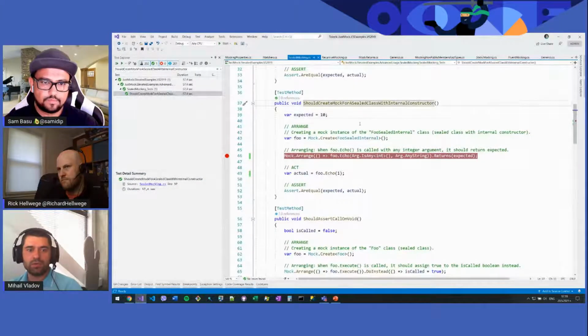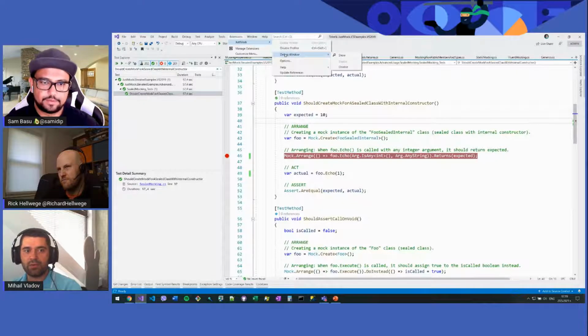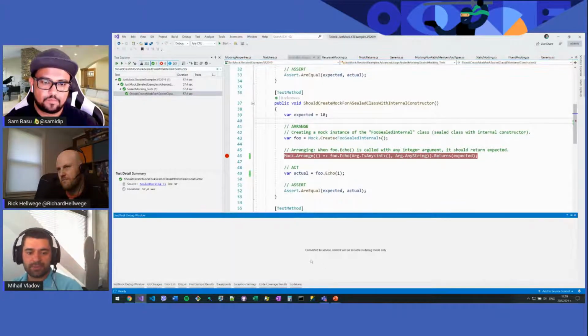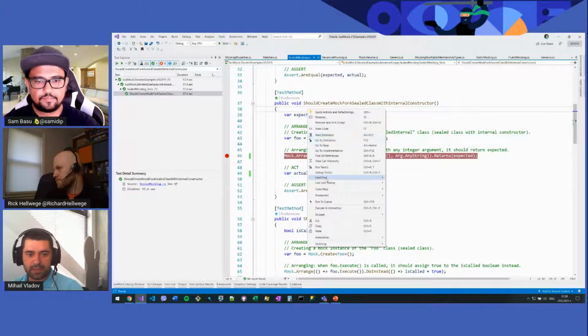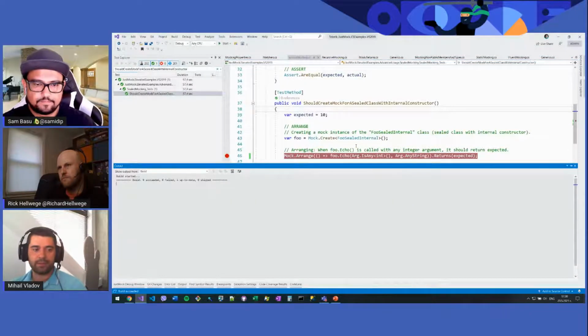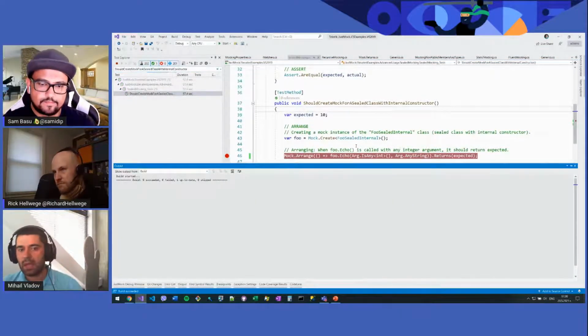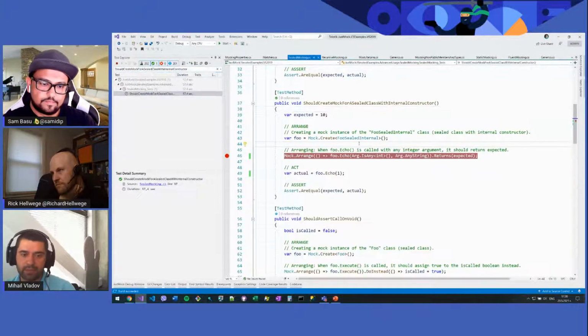Yeah, when you install JustMock, you have JustMock in extensions, and you can go to debug show. But at this point, because we are not in debug mode, it says that it's connected to the service that is responsible for that window, but you're not in debug mode so you can't see anything at this point. So I will now start the debug and show you why we created this window. And yeah, I will talk about why.